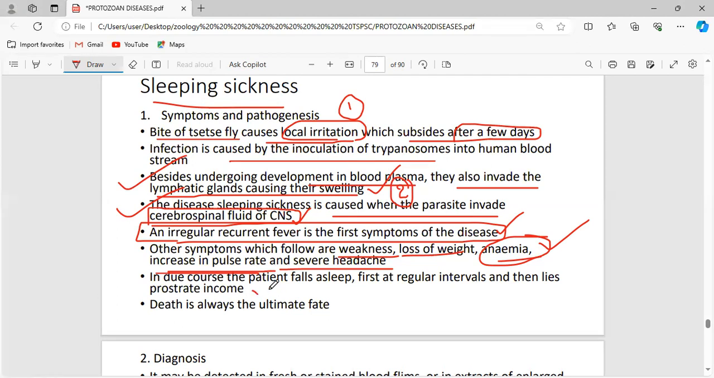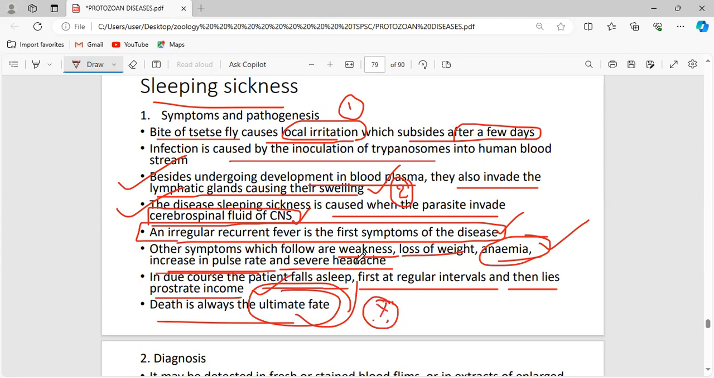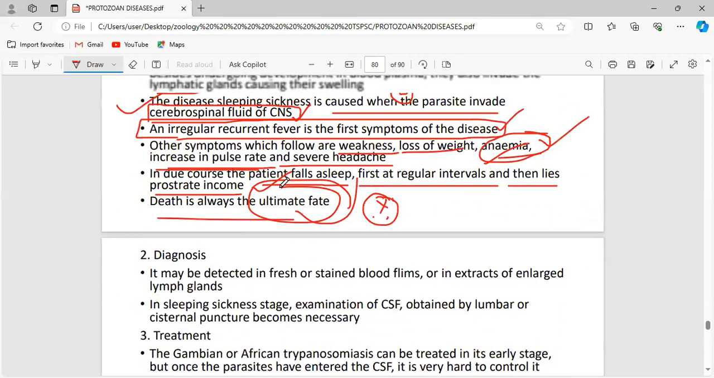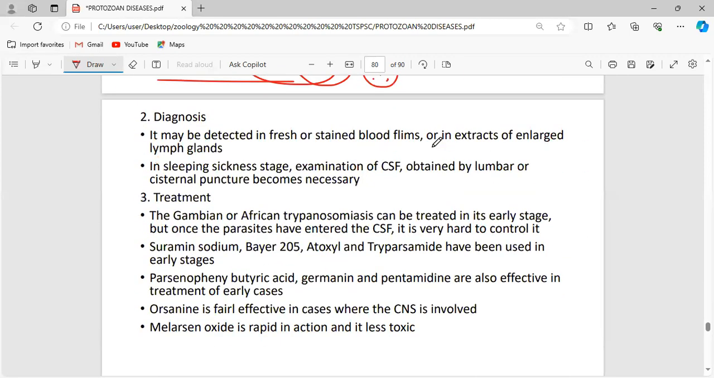headache. In due course the patient falls asleep first at regular intervals, then lies prostrate, and death is always the ultimate fate, and this is fatal. Yes, it is living in the blood plasma, so it causes anemia. See, death is always the ultimate fate, which means what? This parasite is fatal. Okay, and how can this disease be diagnosed, meaning detected: